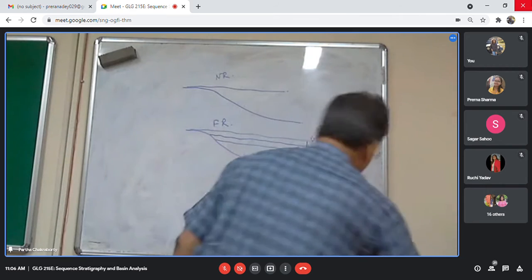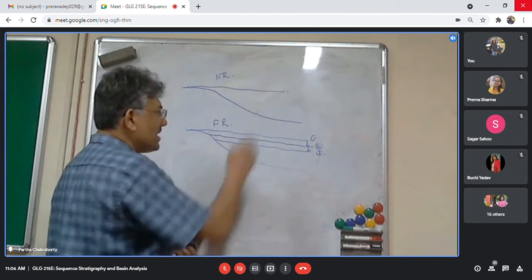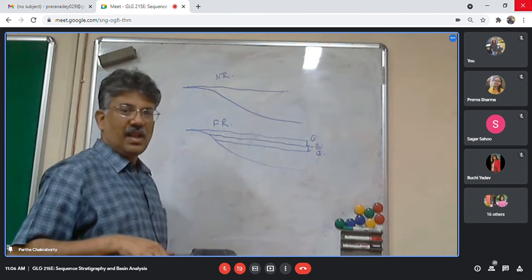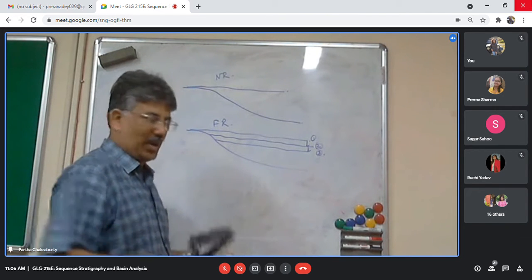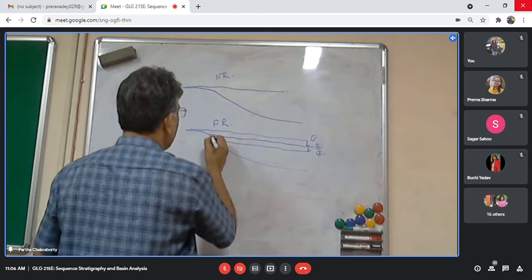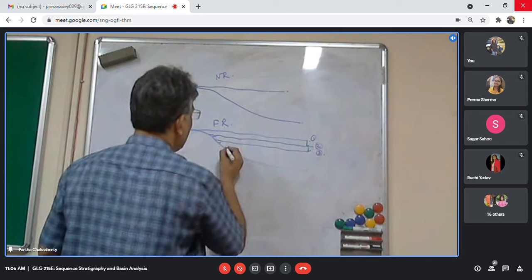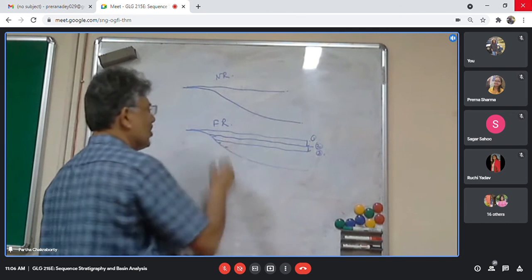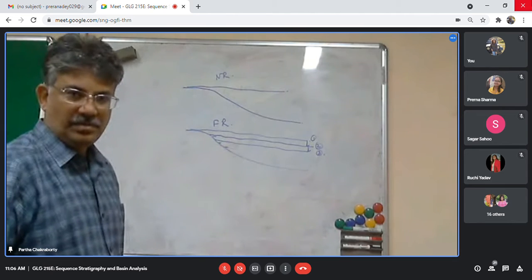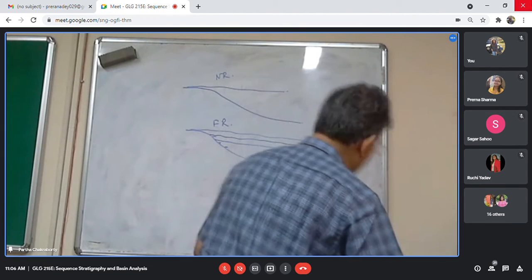Now, if this is happening, the base level is also falling. So the base level of erosion is also falling. When this was the first sea level, suppose the base level was here, second base level here, and third base level here. So the base level is also falling. So when I will be reaching 3,